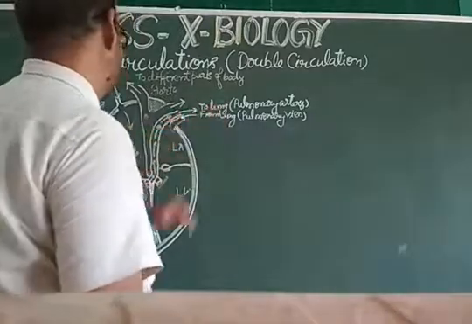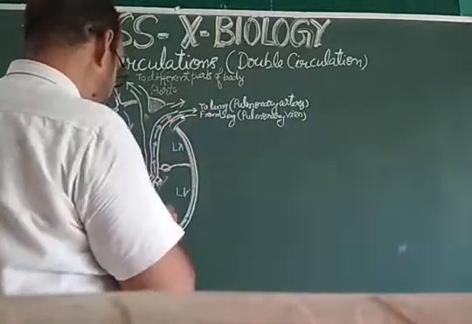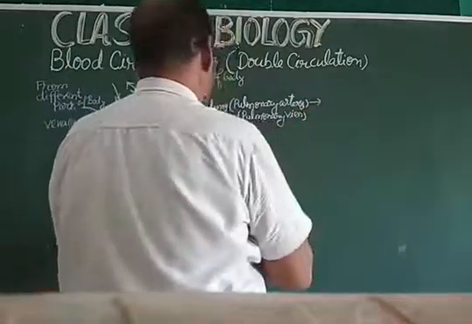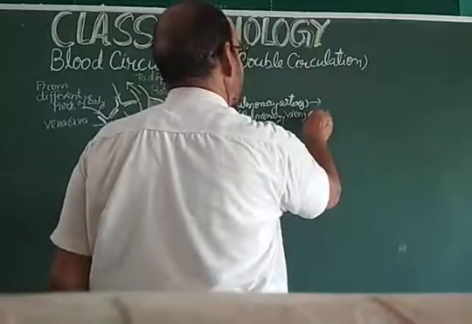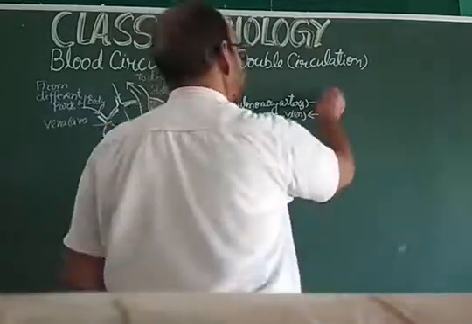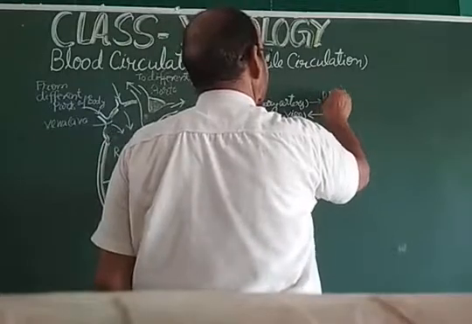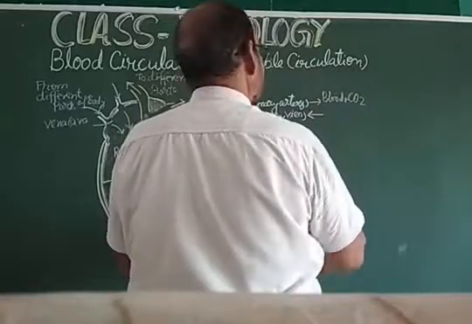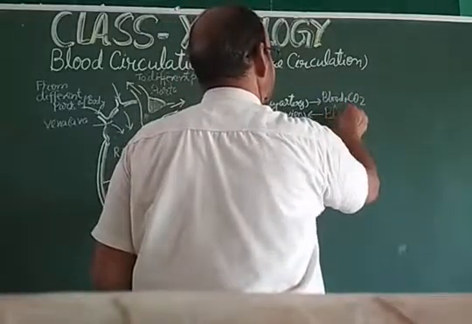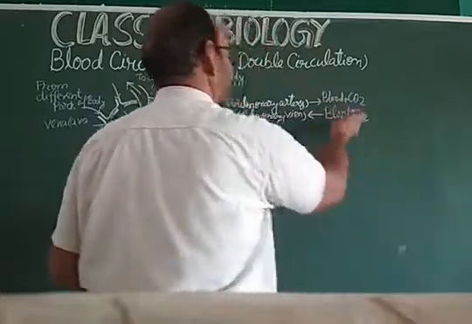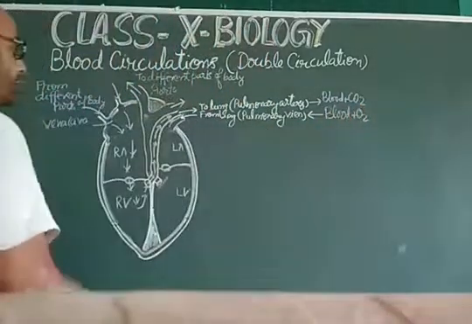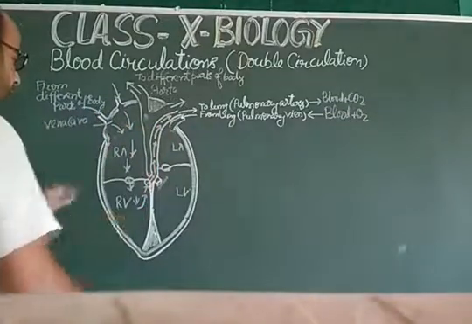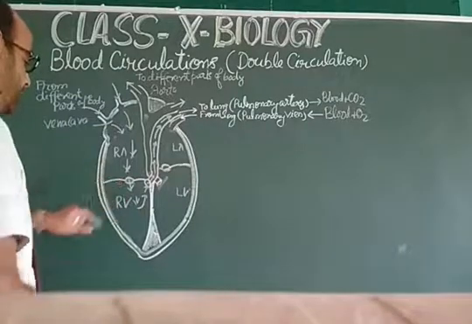And further this is moving to the pulmonary artery, and from the pulmonary vein the oxygenated blood comes. This is blood plus CO2, and this is blood plus O2. So blood plus O2 is coming from the lung, and this blood is coming through the right atrium, through the right ventricle, while via this